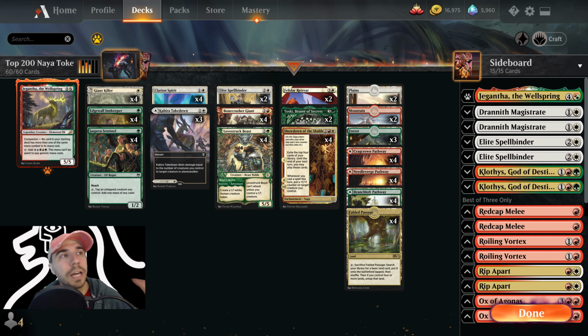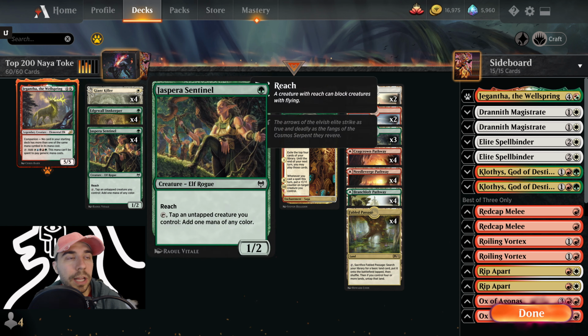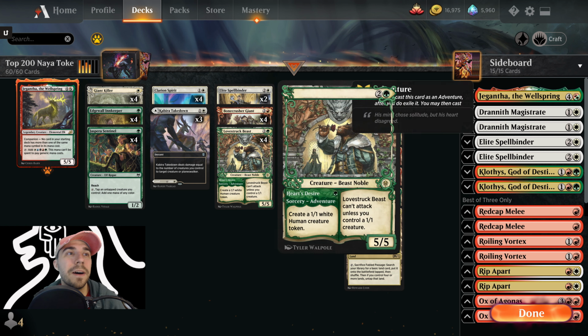All right, here's what we got going on. Top 200 Naya Tokens deck. This deck is by Ruda, so congratulations, Ruda, on a nice strong finish here with this deck. Really like it. It became very powerful towards the end of Kaldheim. Certainly never got bad, it has only gotten better, and we can certainly say that because of this key guy here,